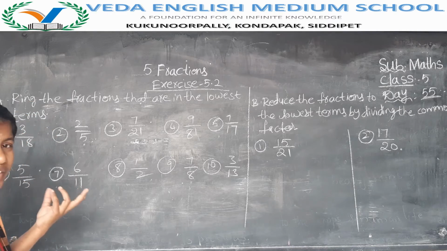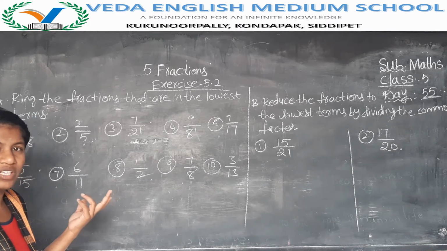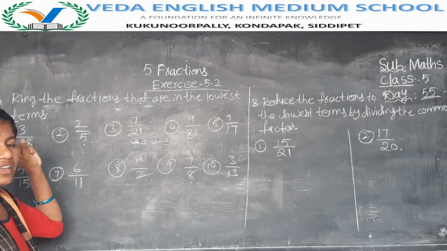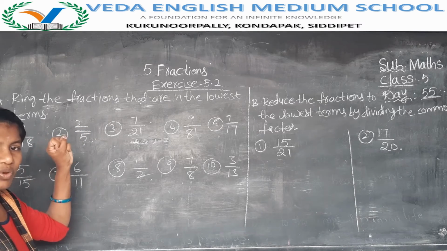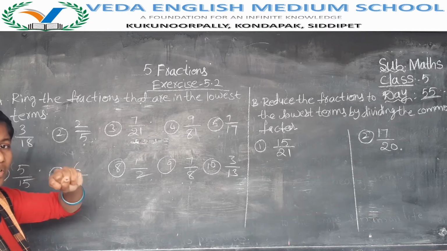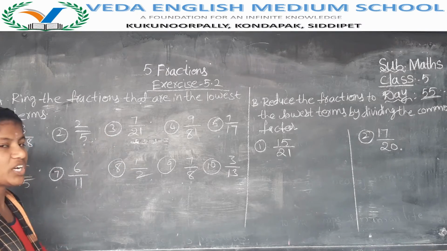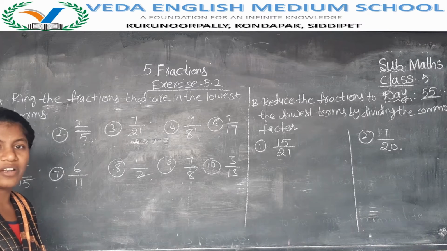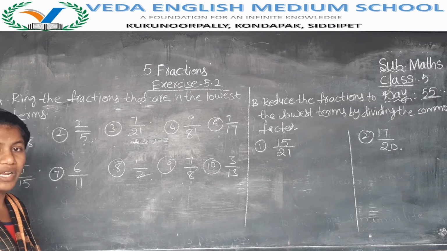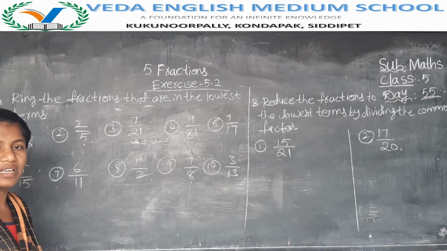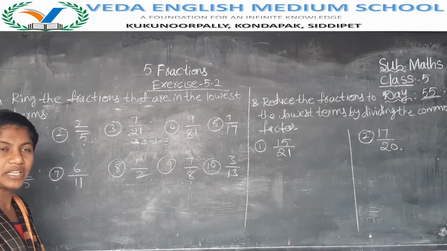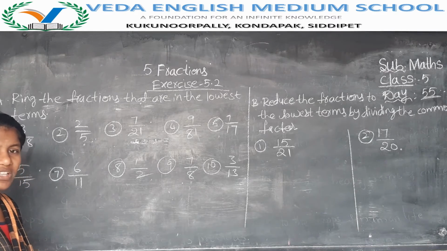So how to find? Manaku lowest form lo unna ela telustundi nana. The numerator and denominator should have no common factor except 1. 1 కాకుండా ఏ నెంబర్ కామన్ ఫ్యాక్టర్ గా ఉండకూడదు. మేడం మరి కామన్ ఫ్యాక్టర్స్ ఫైండ్ చేయడానికి చాలా టైం పడుతుంది అంటే ఇక్కడ క్వశ్చన్ గుర్తుపెట్టుకోండి. Either numerator or denominator should be a prime number. Then exactly that number is in numerator గానీ denominator గానీ prime number అయింది అనుకోండి, నాకు lowest form లో ఉన్నట్టే.